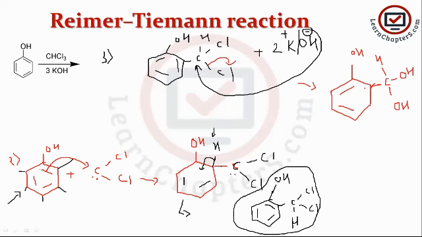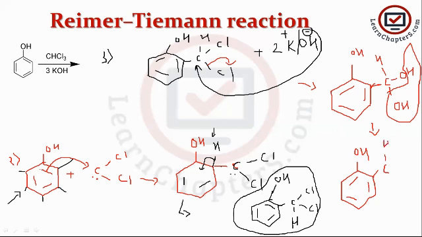Okay, the next and last point is 2 hydroxyl groups at 1 carbon, it's an unstable species. Okay, so it's an unstable species and it always results in the elimination of a water molecule. How? So see, this OH and this hydrogen get eliminated. So the final product now is benzene with OH, here is a double bond, then carbon atom with hydrogen. Okay, now this OH and hydrogen are detached as a water molecule.